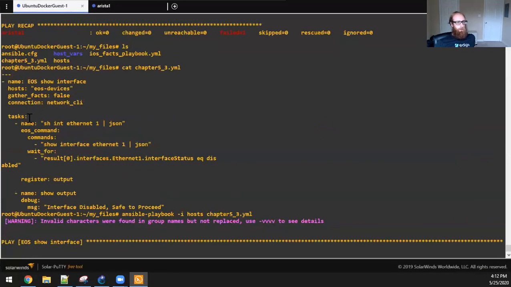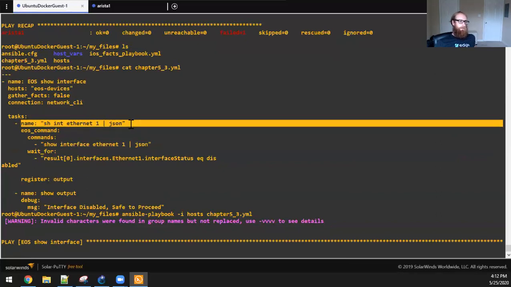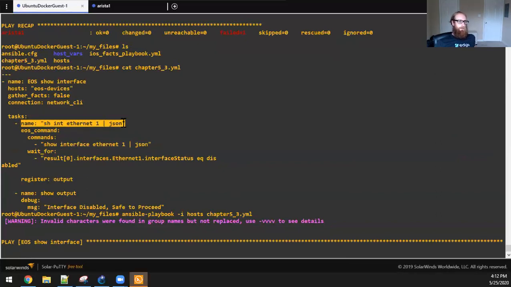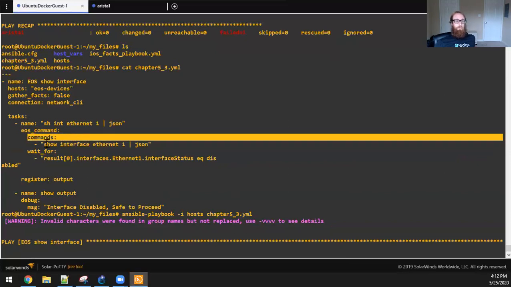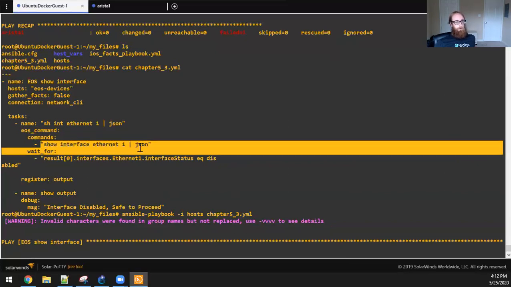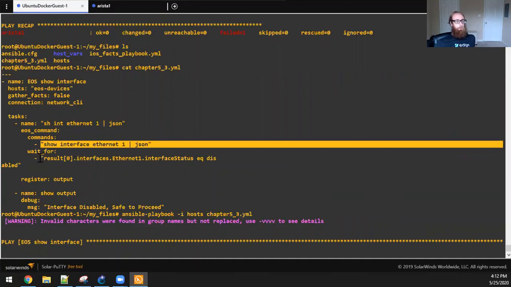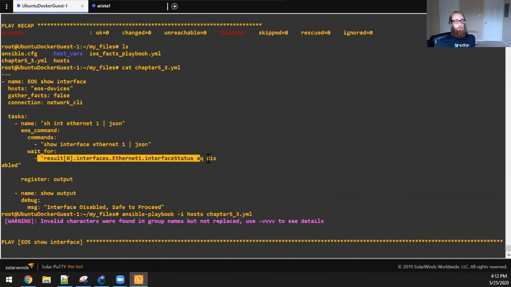So here's the playbook. It's because we've got 2 tasks. The first task was this, the name of the task, but the actual task was to run this EOS command module. And within that module, we ran commands. So we ran this show interface 1, and then we waited for the result to equal